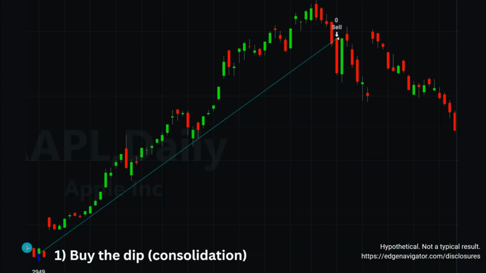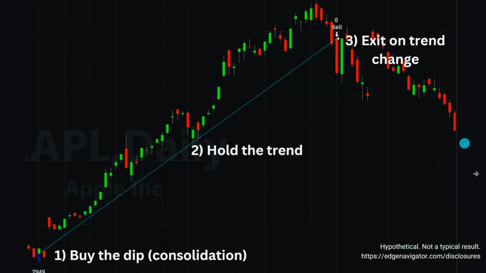So here, the market had gone up but pulled back a little bit. So there's our entry point, and that's buying the dip, or consolidation really is what it appears in this one. And we're going to hold all the way through, not just because it gets back above the 9 or anything. We're going to hold all the way as long as the trend lasts. And then we're going to exit on the trend change. So on the end of this bar here, it got below the 20 period moving average. So we sell the open of the next bar. And then we stay out during a bear trend.